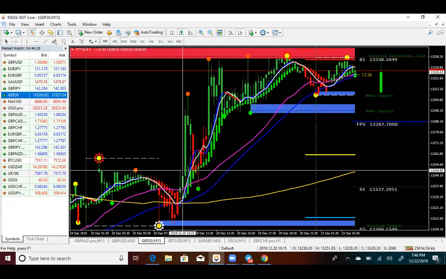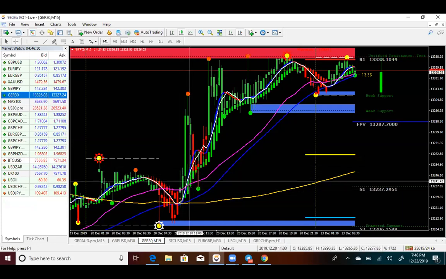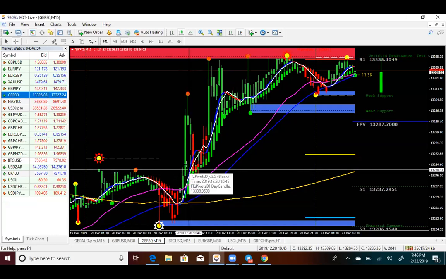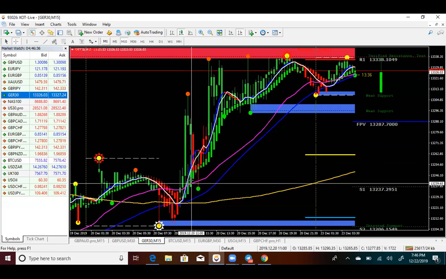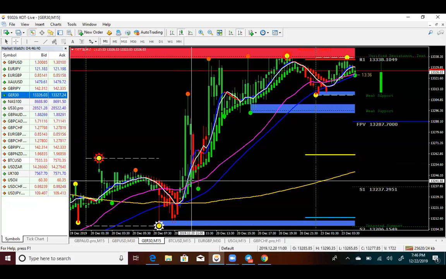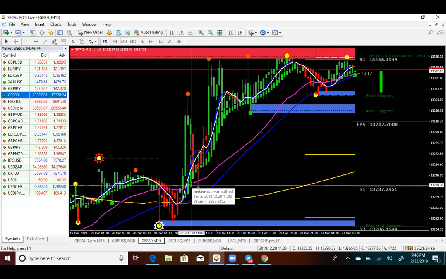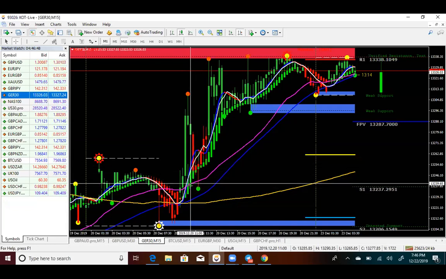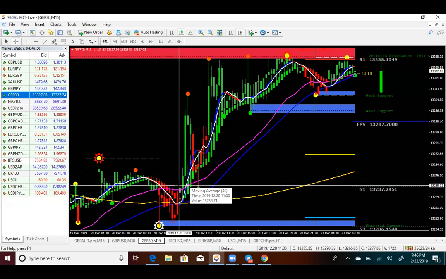Like I said, until you get your confirmation to get out of the trade, why get out of the trade? No reason to get out of the trade. If you got confirmations to get in, then until you get your confirmations to get out, what are you doing? Let price play out. It's going to do what it does. You can't do anything about it, but it's going to go where it has to go at the end of the day. So you get your entry, you get your cross,